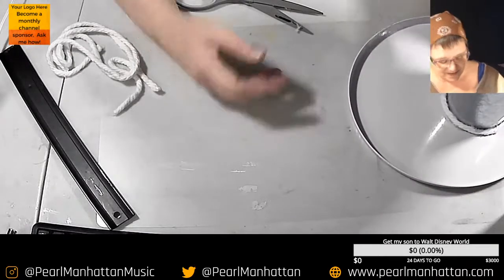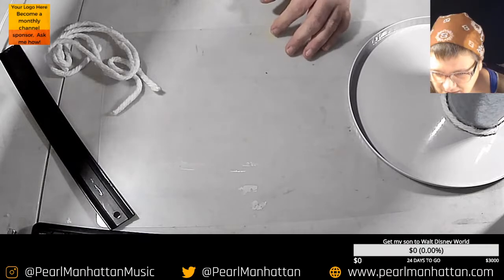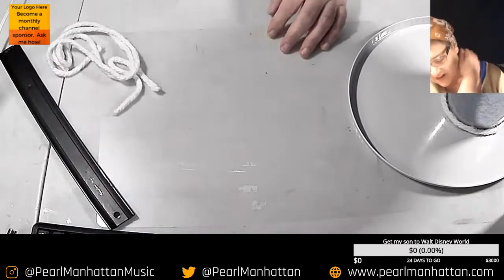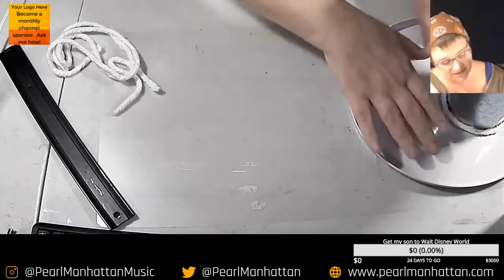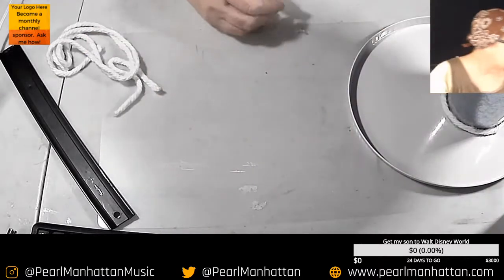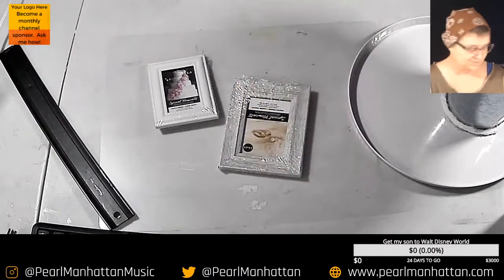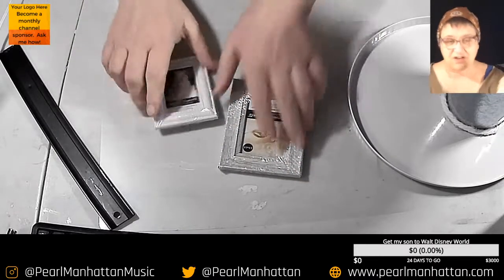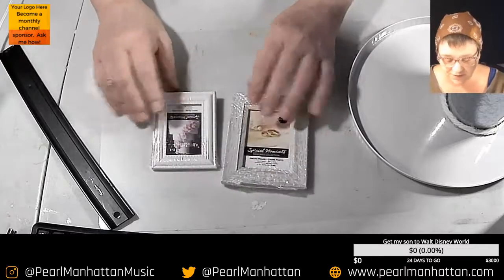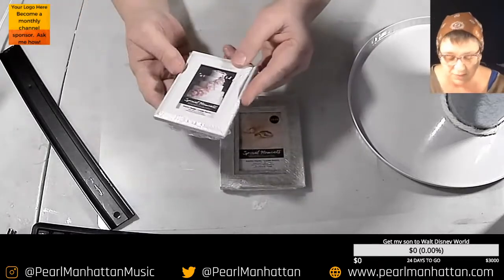Now, for a mini shelf, I can put my salt and pepper shakers on it. I can, you know, but I needed more to put on there. So I found some little frames. And I thought these were the cutest things in the world. They're little frames. They're about business card size. These are actually, I think they're made to be,